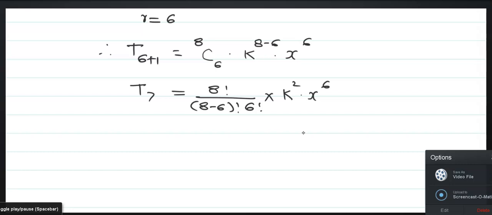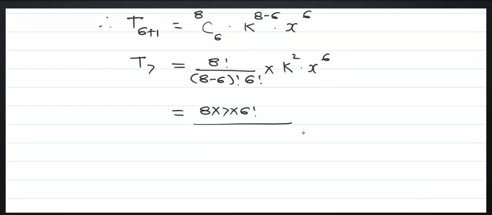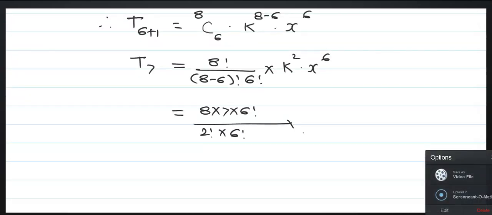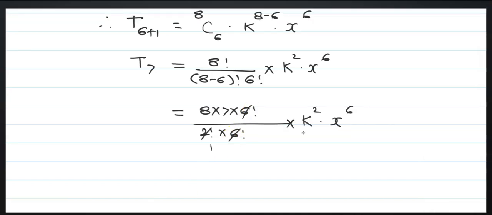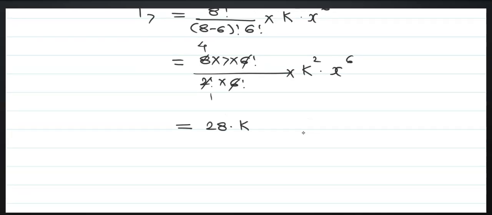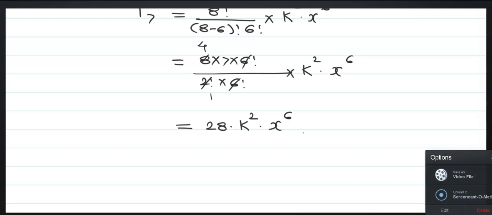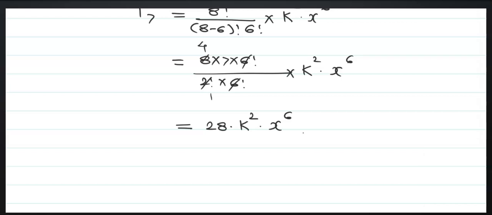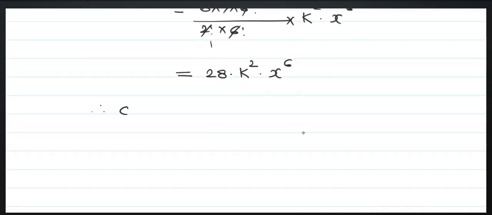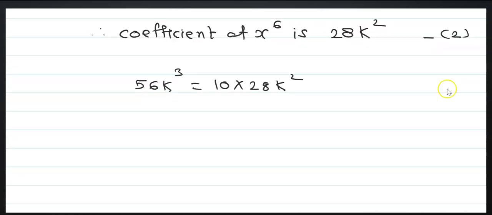This is the T7. Normal calculations are there. Now extend this 8 factorial up to the 6 factorial, that is 8 into 7 into 6. And this is 2 factorial into 6 factorial, this 6 gets cancelled, into k square x raised to 6. Therefore, 28 into k square into x raised to 6. Therefore, the coefficient of x raised to 6 is